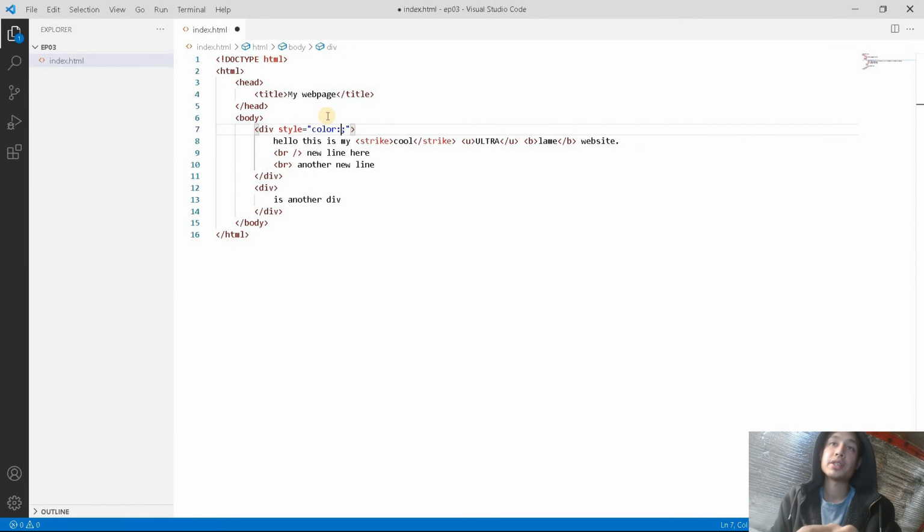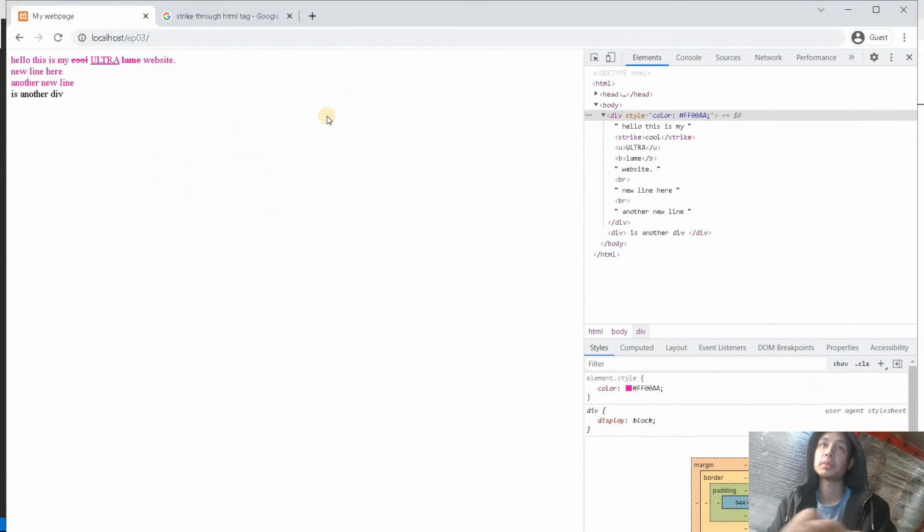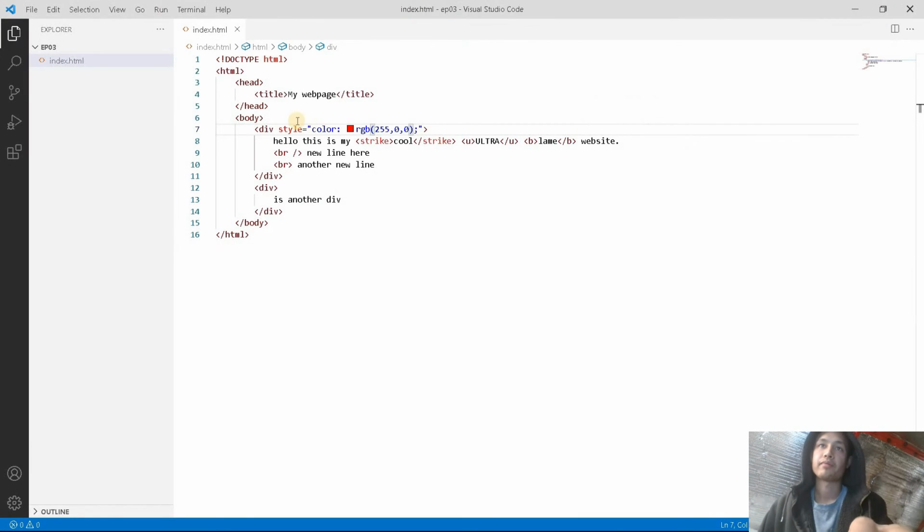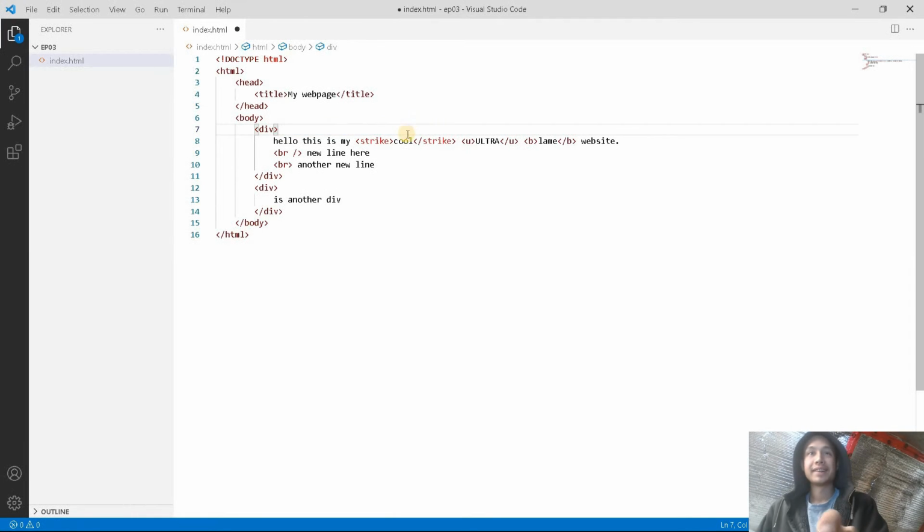You can also do this, sorry, we're getting into CSS here. RGB 255, 0, 0 in case you don't want to do hexadecimal. Okay. We have our dividers down. Now,